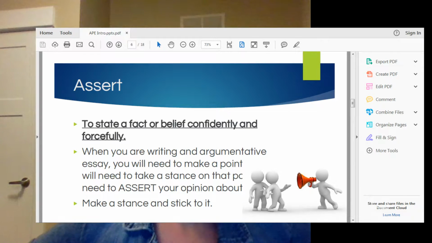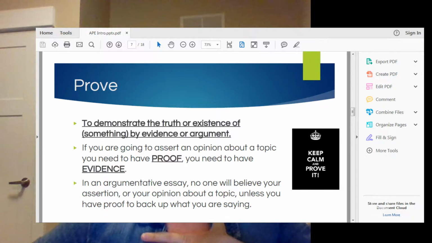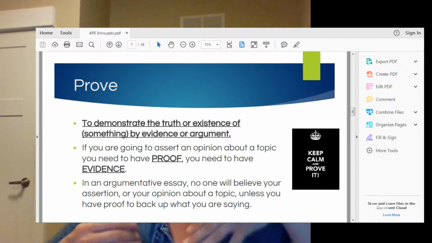Having an opinion is 100% okay. Like when you're writing in paragraph formats for the essay responses, it's asking your opinion, right? Like through the tunnel, how did the setting advance the plot, right? That's your question. You can have an assertion, you can have an opinion, you can have a point about the matter, and you should. Which brings us to our next part. If you're going to assert something, you need to be able to have proof or evidence. So that brings us to proof, the P in APE.